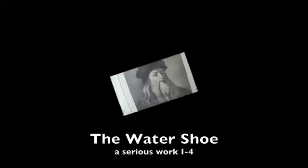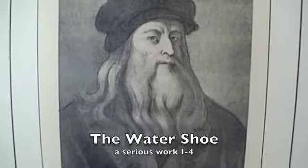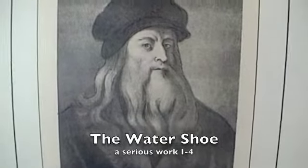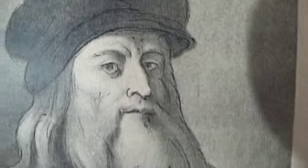Finally dug up a picture of a younger Leonardo da Vinci. And so here's a picture of Leonardo, the Renaissance man, the guy they put forth as the leader of the Renaissance, the beginner of the Renaissance. This is a smart guy, and we're not teaching history here, but as far as the water shoes go,